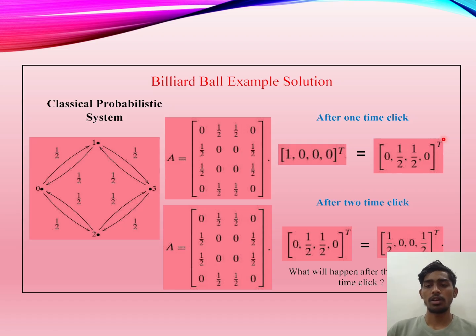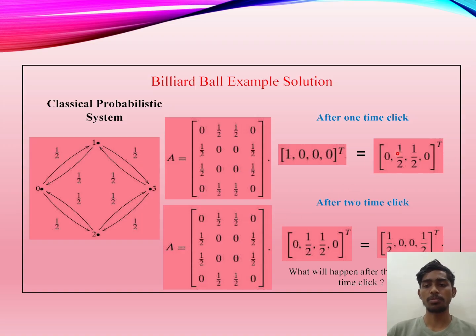These are the things. We now have a new state rather than the initial state, and there is a difference between them. As we can see, in the initial state the probability is with 1, but in this it is 0, and the rest are all 0, but in this it is similar. So the initial state differs from the new state. Now we will use this new state to find several more new states after every time click.